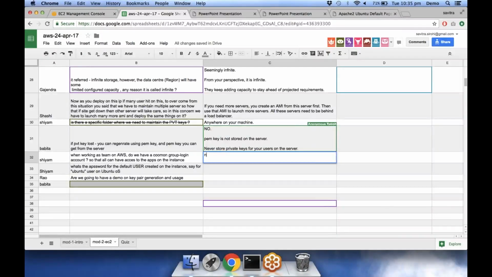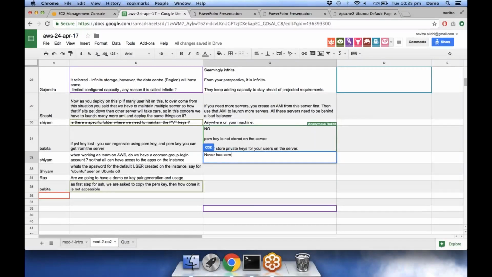No. So it depends on what exactly you're doing, right? Never have common SSH user accounts, right? So you don't want to share SSH IDs, because then if something happens, you don't know who's done what. So for accountability, and for other reasons, it's very important to have individual user accounts for each user